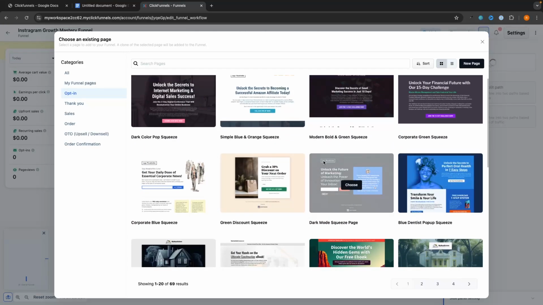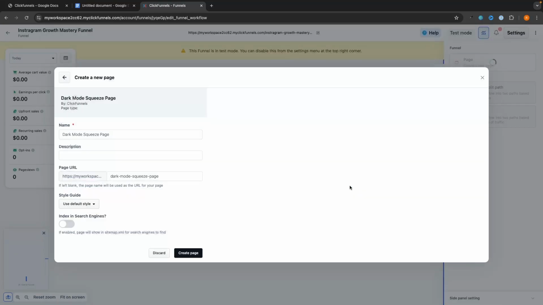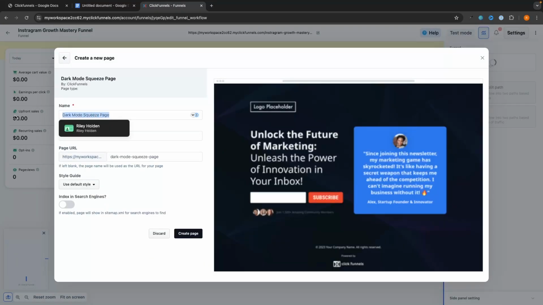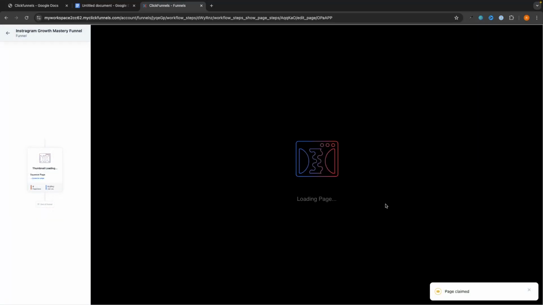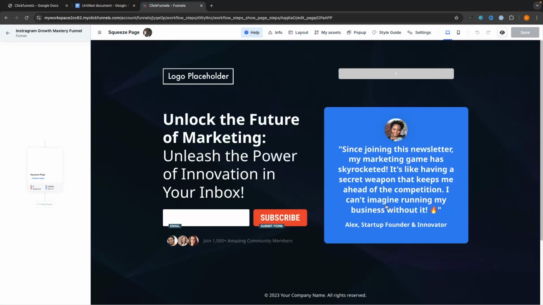So as an example, I think this one looks fantastic, and I know that I don't need to make a lot of changes to this. So I can click on choose, and we can add this in. And then for the name, I'm just going to call this squeeze page right here. And then we can click on create page, and that is now going to load it. So to actually edit this, we just hover over and click on edit right here. And then we are going to be taken into the ClickFunnels editor, where we can actually make changes to this